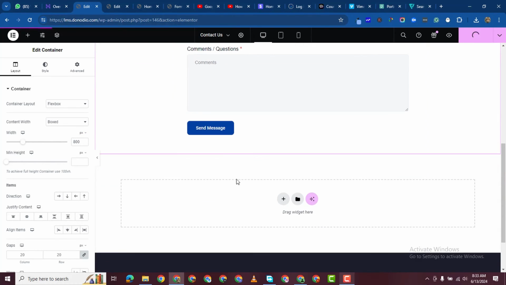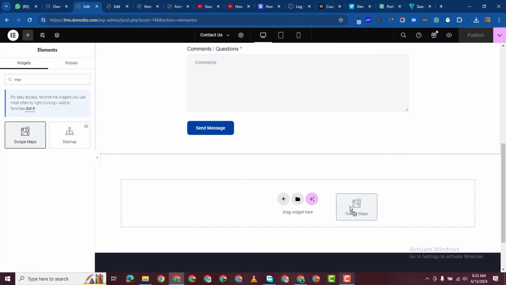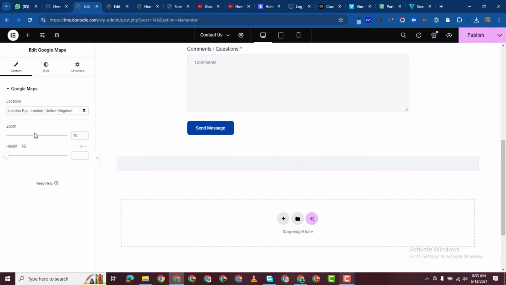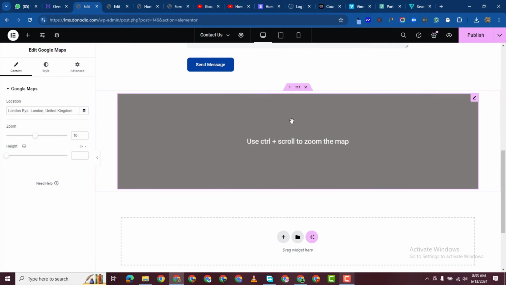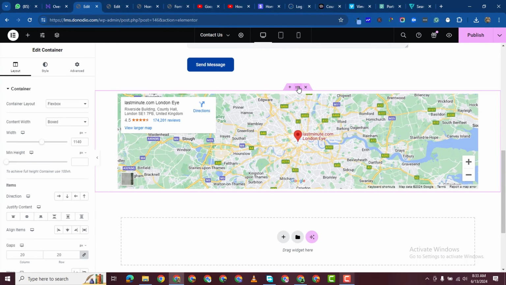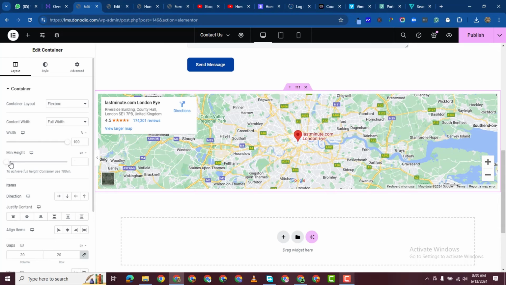Okay, we can also add a Google map here. Let's look for map. Maybe we have a physical location. So we have this Google map. You can put in your address. So this is it. I want to make this full width, not boxed, full width. You can put your address there. You can increase,